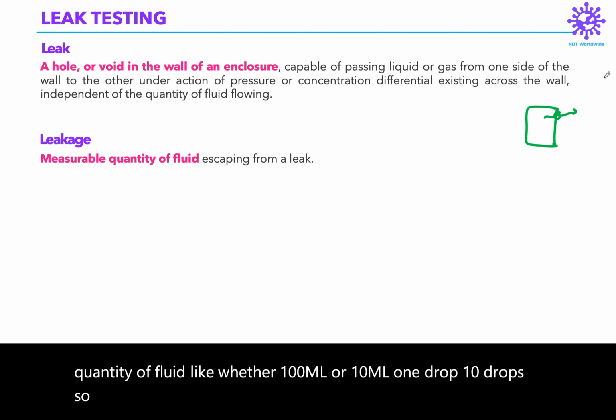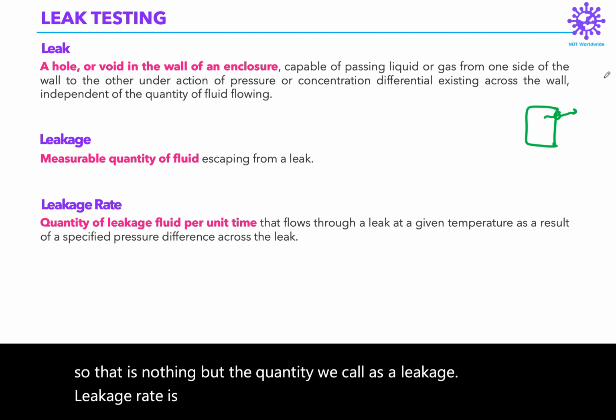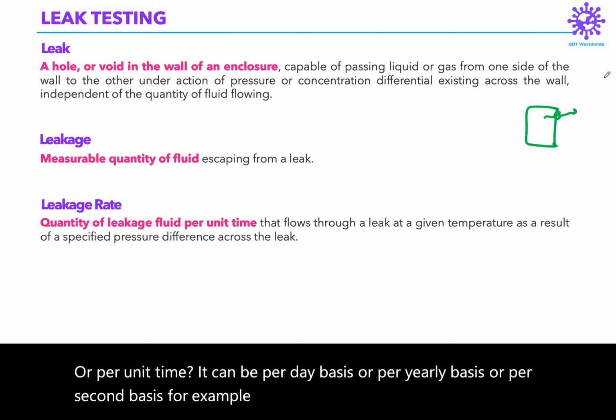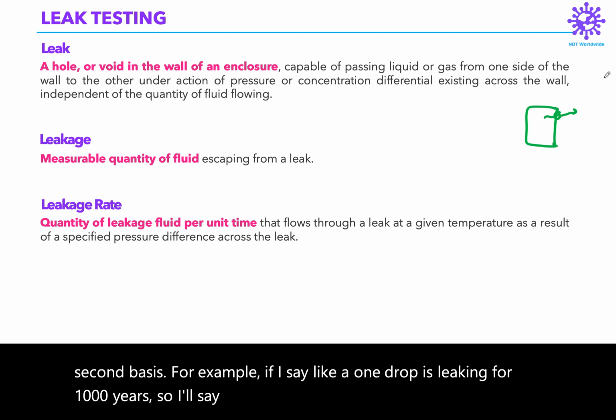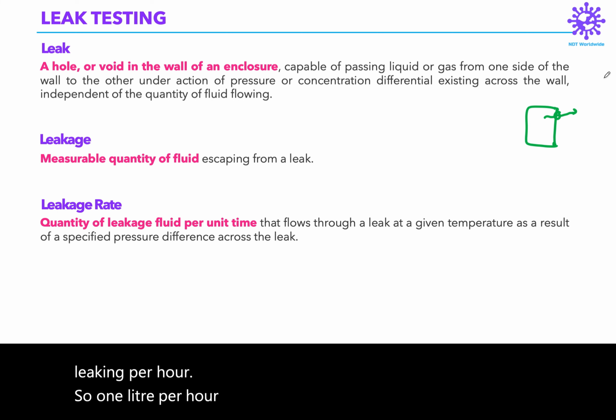So that is nothing but the quantity we call leakage. Leakage rate is nothing but how much quantity is leaking per second or per unit time. It can be on a per day, yearly or per second basis. For example, if I say one drop is leaking for 1000 years, the leakage rate is very small. But if one liter is leaking per hour, that is too much quantity